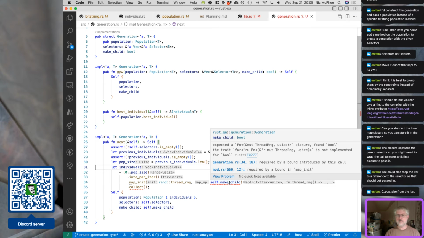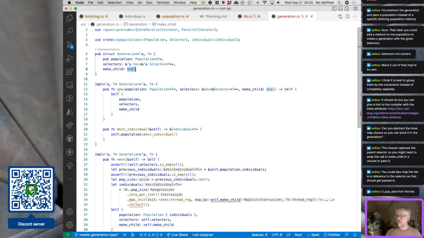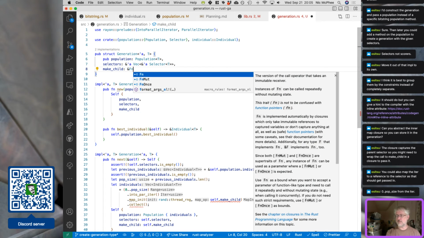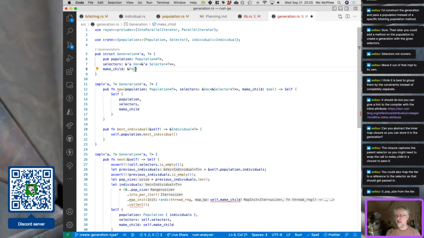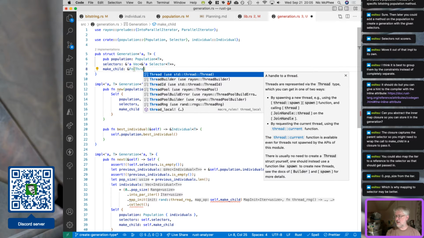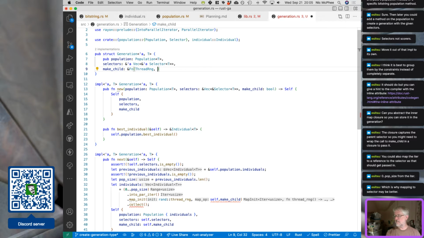So yeah. So make child's going to need to be an Fn, actually presumably a reference to an Fn that takes a thread RNG and a usize and returns